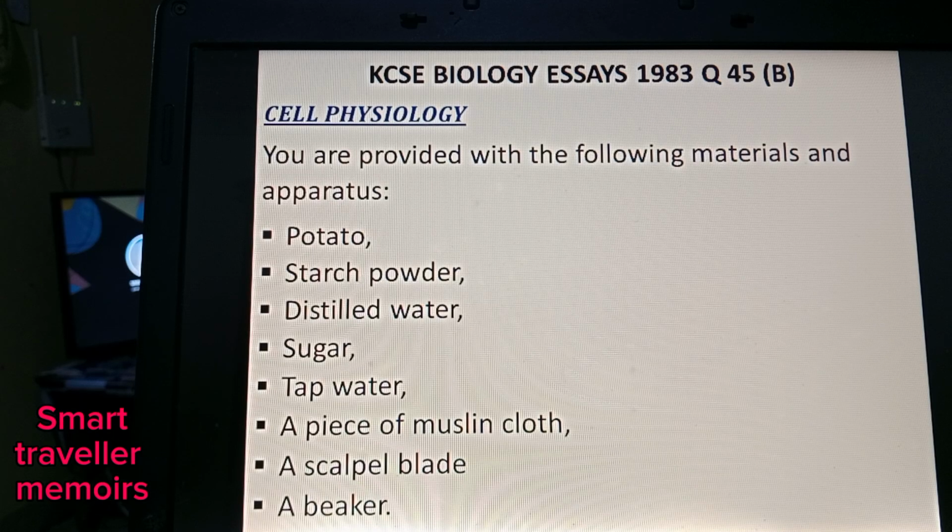For the purpose of this video, I've identified that the question was testing cell physiology, and you are supposed to write an essay. So, you are provided with the following materials and apparatus: potato,